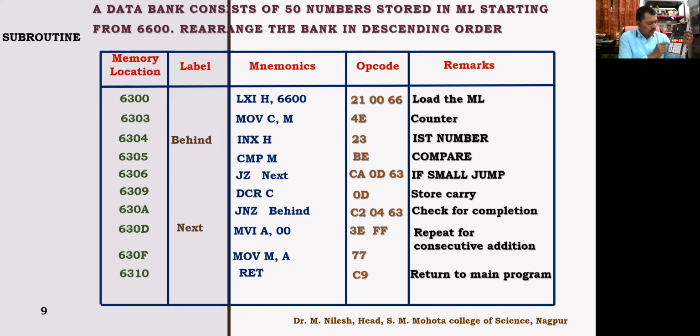So this is the program. We can check this by seeing what is in the memory location 6600. If you are able to see, this is the counter we have put over there, and now all the numbers are FF. So this is how we have replaced all the smallest numbers by FF. This is what I need to show you, right? This is the program for the ascending order. I guess it's over now.